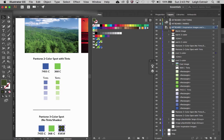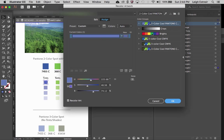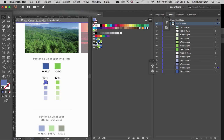If you wanted to add the tints to the 2-color options, you could also do that. You would easily do it by selecting each of these things, making a new swatch, and then just dragging it in. I'll do it really fast so you can see how simple it is. This is the Pantone 3-color, and we're going to drag it into this one. I need to rename this, so this would be 2-color Pantone coated plus tints, something like that. You want to keep your naming conventions consistent, so that you can definitely see